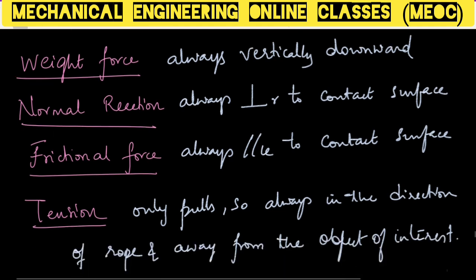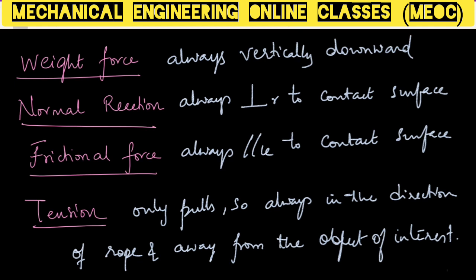The fourth force is tension, which is a pulling force. So this tension always acts in the direction of the rope and away from the object of interest. So if our FBD is of a block, and if it is attached to a rope or a string or cord, cable, wire, thread, chain, any of these, because of these entities, there will be a pulling force on the object. So when we draw an object, we have to show the tension force acting away from the object, because that will be a pulling force on the object.